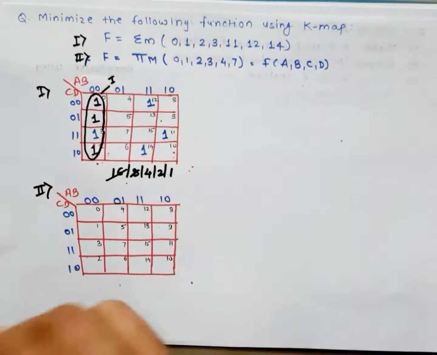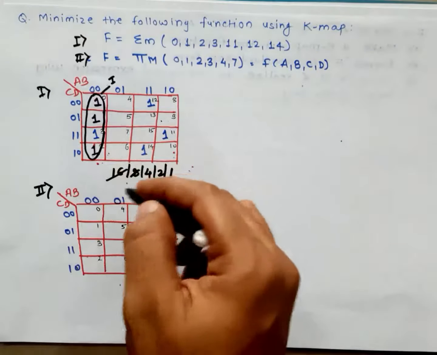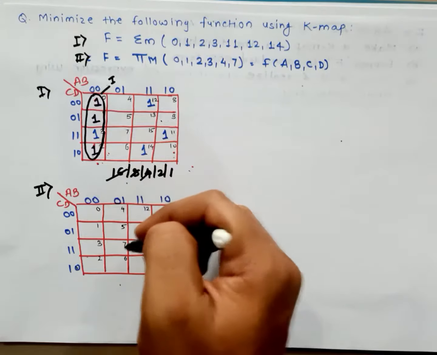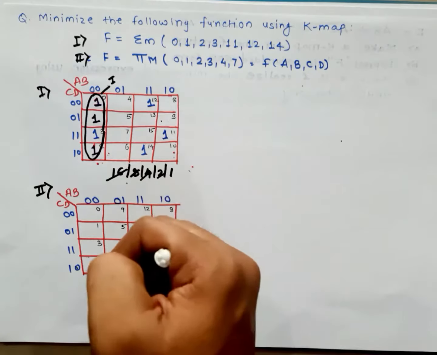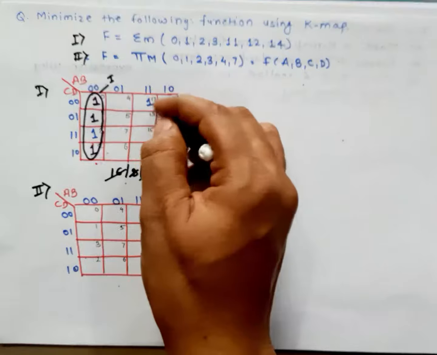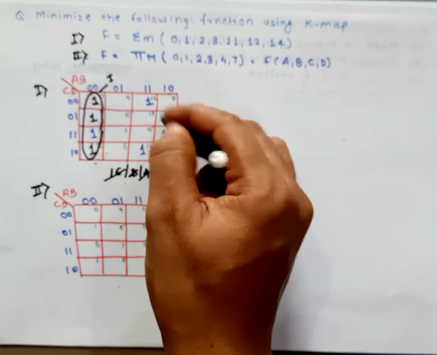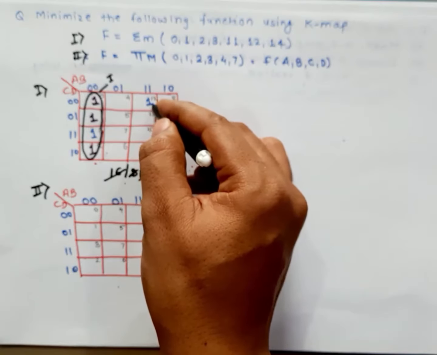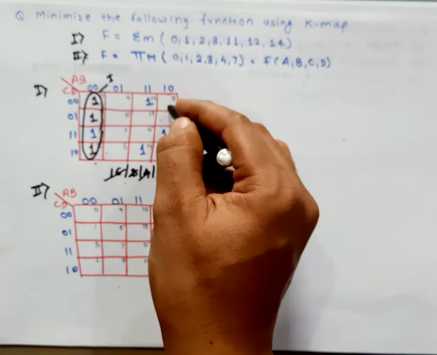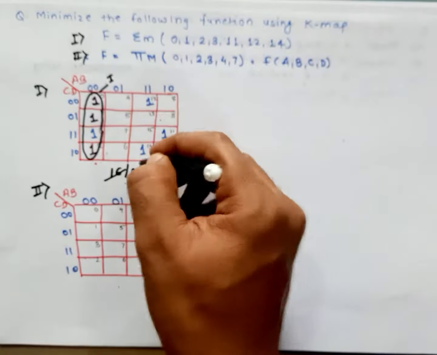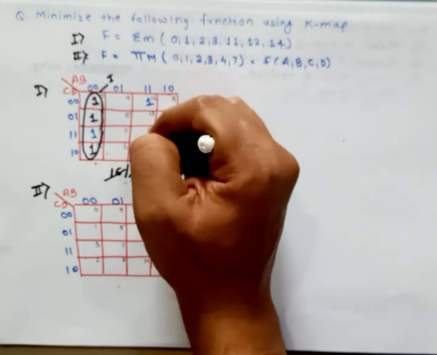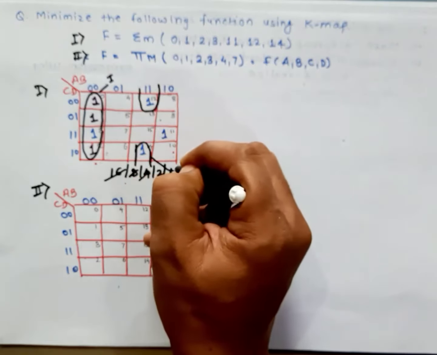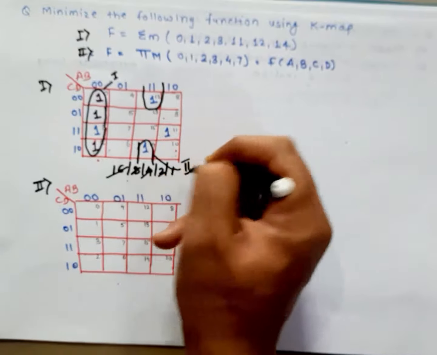So assign the number, this is the first group. Any other 4 adjacent cells having high values, can we make a group of that? No, not possible. Then a group of 2 cells, is it possible? See, all these are individual variables, but is there any adjacent cell having high values? If you consider 12, 4 and 8 is an adjacent value, and again the adjacent value is 14. Yes, it has a high value, so easily we can make a group of this and assign the number 2.